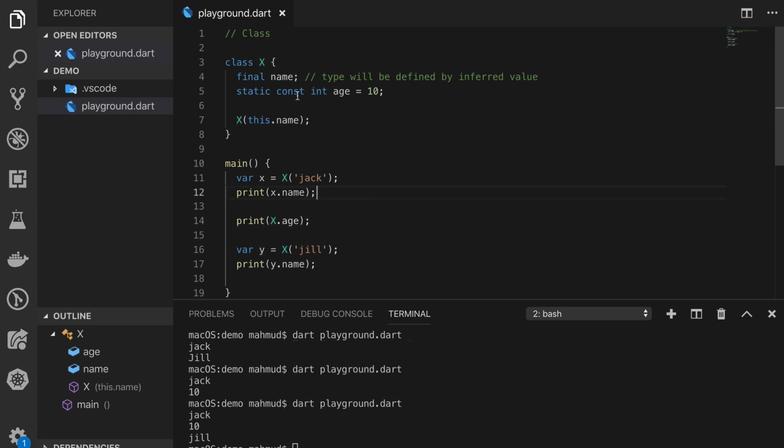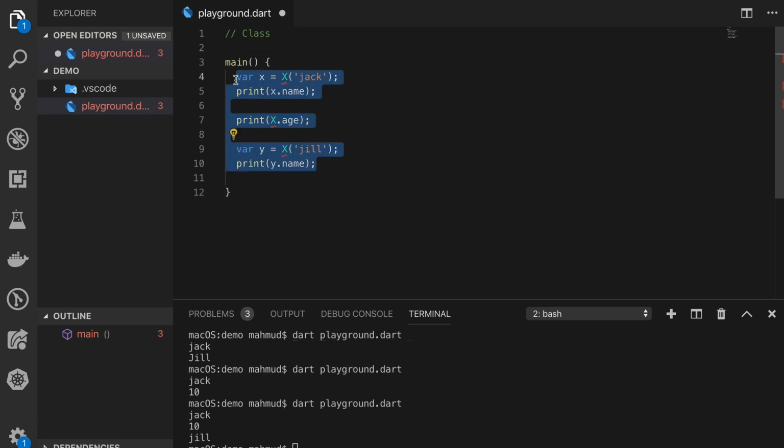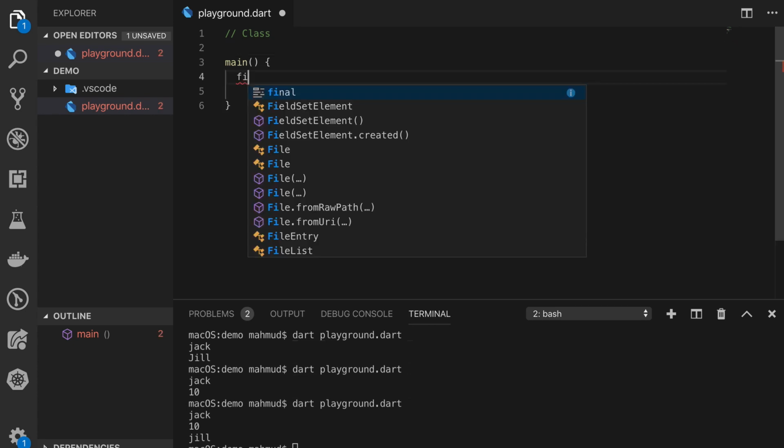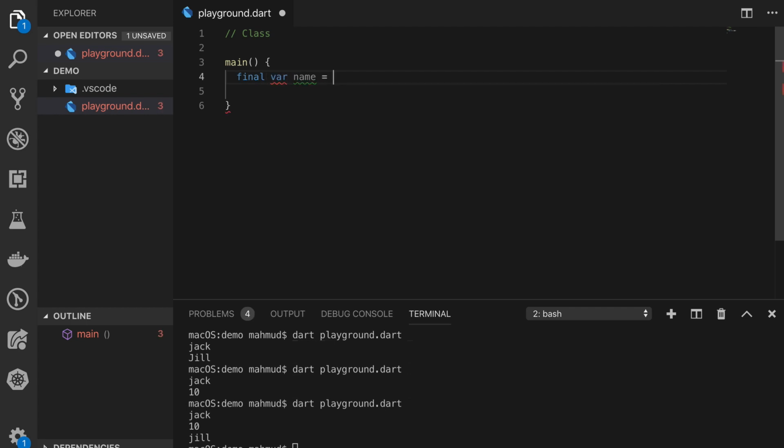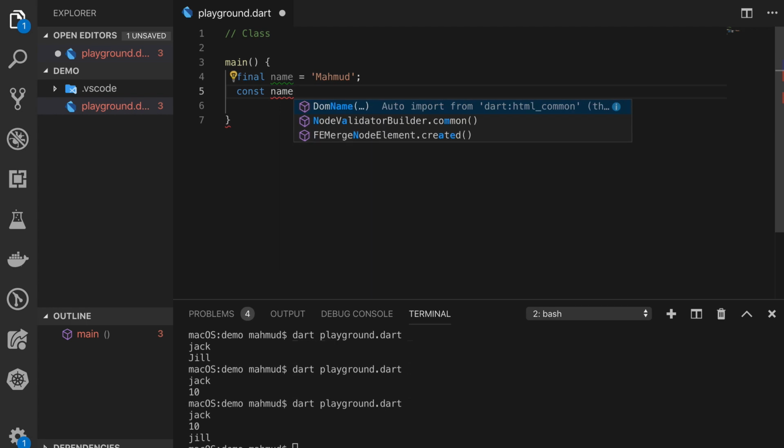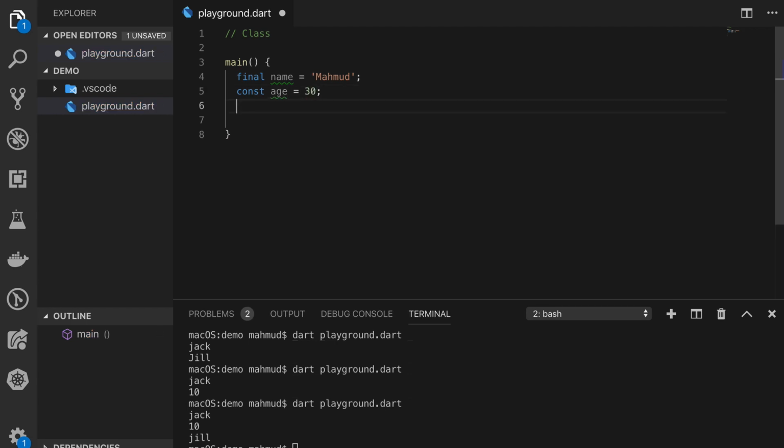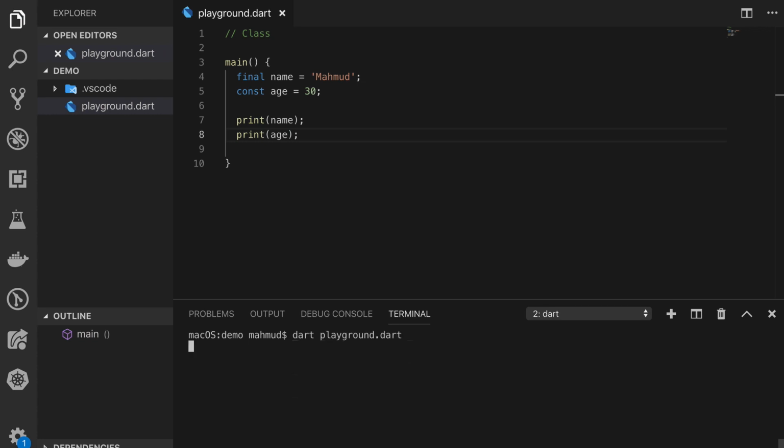If we want to use const and final outside of a class, we can also do this. So let's remove this class part, and suppose we want to define two constant values. So final name, suppose the name is Mahmoud, and in this case you do not have to use var because this name will be a string by type inference. And let's define another value, const age equal to 30. Let's print name and print age, and if I run this program after clearing the terminal, you see it works,